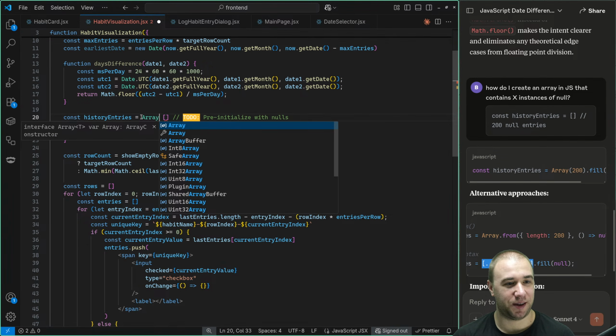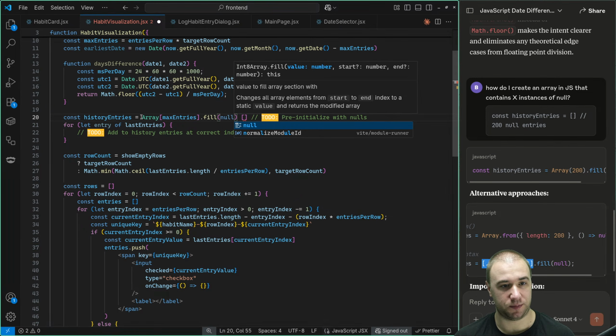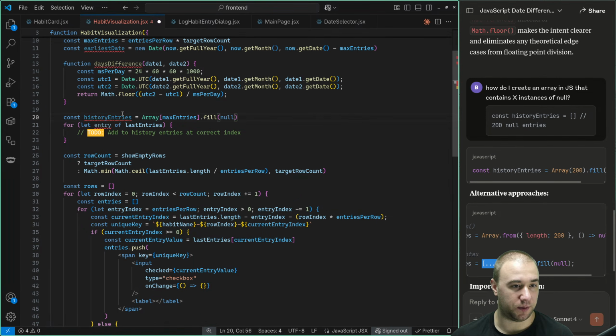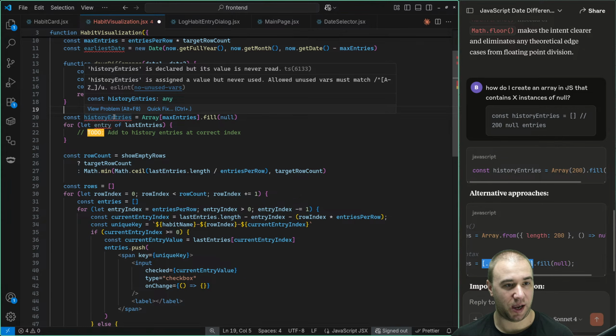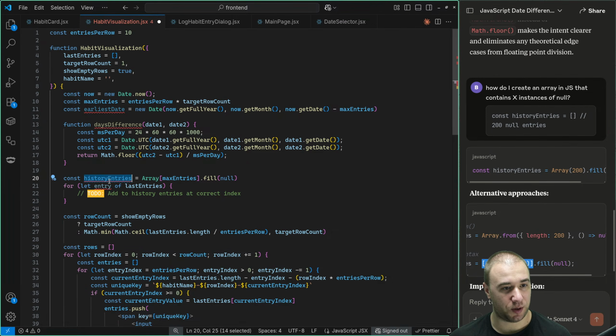Okay, array. And in this case it will be max entries. That's how many we need. And we'll just fill every item with a null, right? There we go. So this way we have basically a list of entries. And null will mean that we have a missing entry so that when rendering stuff, we'll be able to check. Is it null? Okay, if it's null, we put in a grayed out box. If it's not, we have a box with the value that's contained. So that's great. So that means that now that we have all the entries ready, all just grayed out,